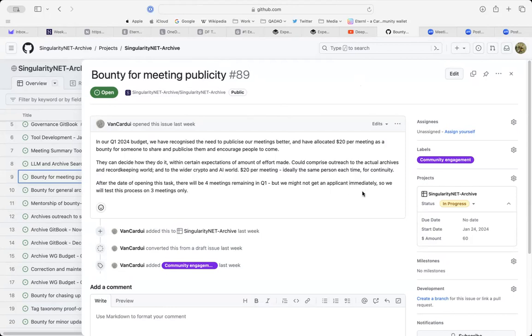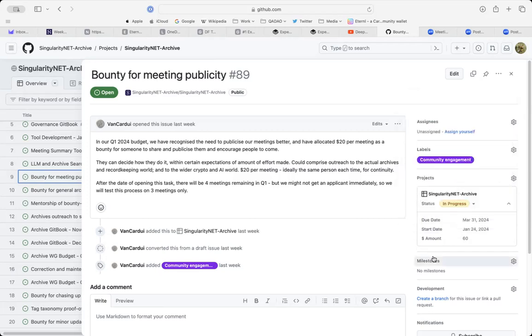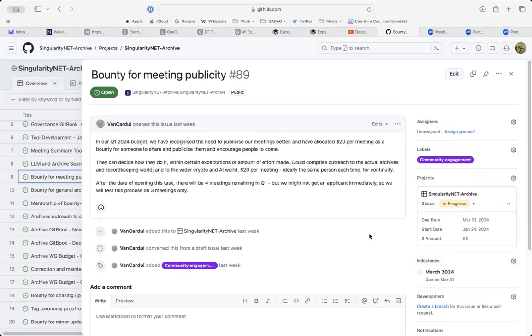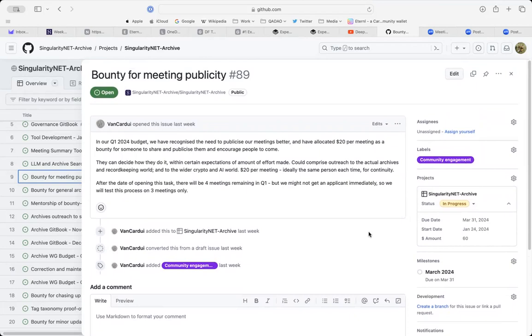So the costs here are $60, then. And the due date would be when? I'm assuming it would be the end of the quarter, so the end of March. Okay, so it'd be coming out of the March 2024 cost center. Okay, so is that the status then? Well, no, we need to put it as a bounty on D-Work, don't we?